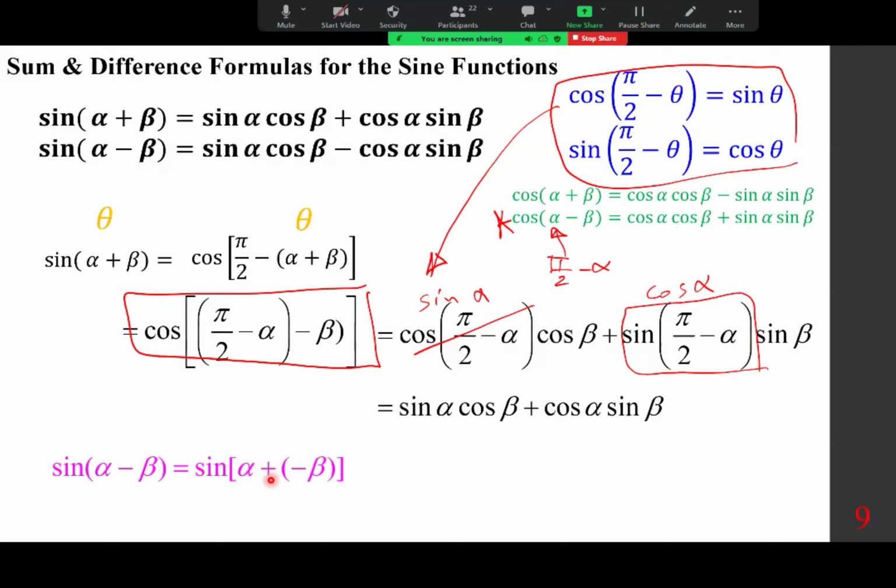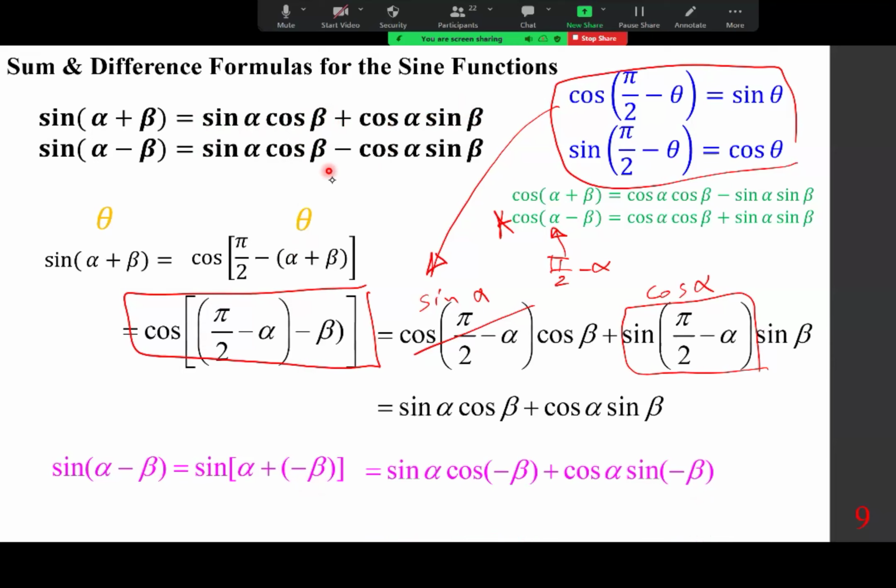That's the same thing. And so with that being the case, now we can use this formula. We're going to write sine alpha cosine of negative beta plus cosine alpha sine of negative beta. In other words, in this formula, class, replace wherever you see beta with negative beta,